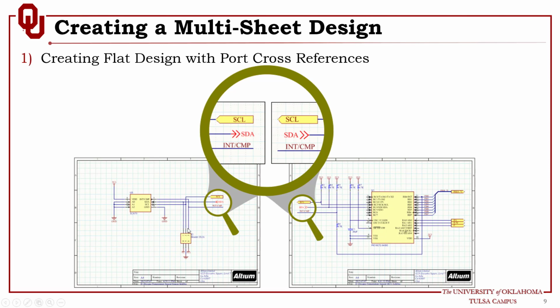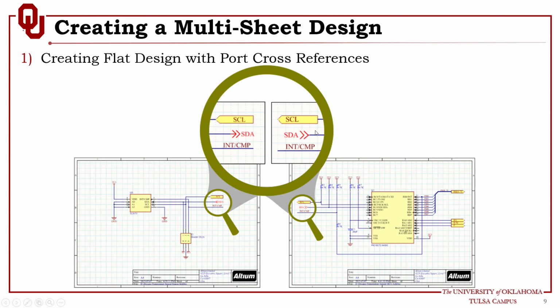Let's say this sheet number is 11, and this sheet number is 12. Now on this connector you will see number 11 in here, and on this connector you will see number 12, and this will tell you that this port is going to sheet number 12 and this port is connecting with sheet number 11. So this feature, the port cross reference, is